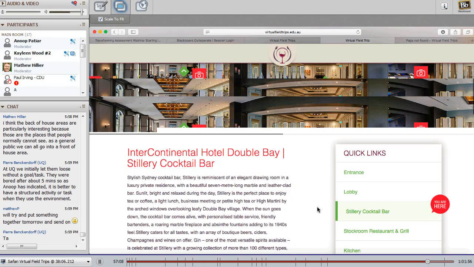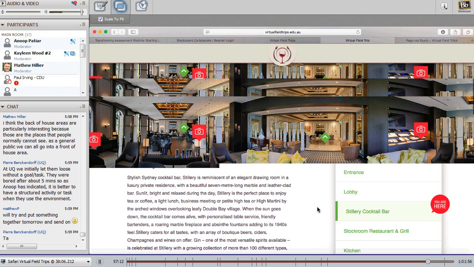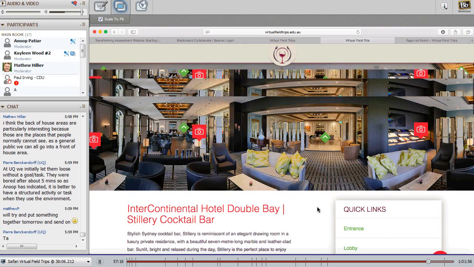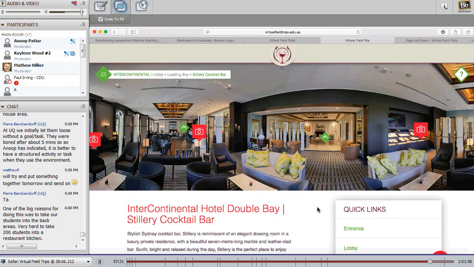Well, I'll give you an example. If you look at the Sofitel, Emery Burley was a resident manager at Sofitel, and as soon as we launched this, she was promoted to general manager on the Gold Coast. It doesn't really matter because she has reported at that point in time. Also, the general manager from the Intercontinental Bay has moved on.